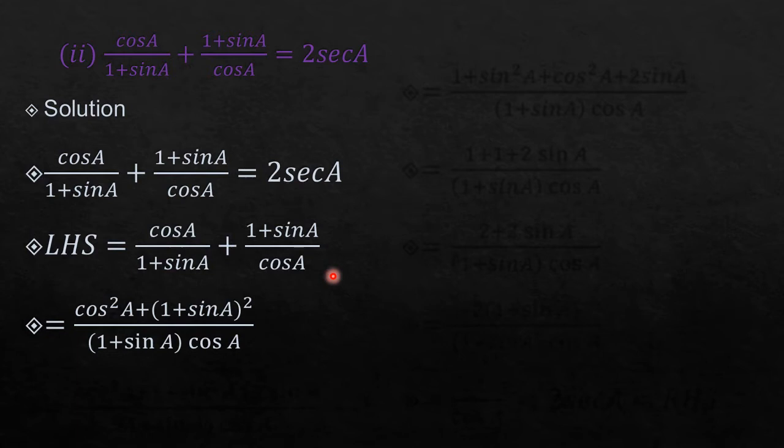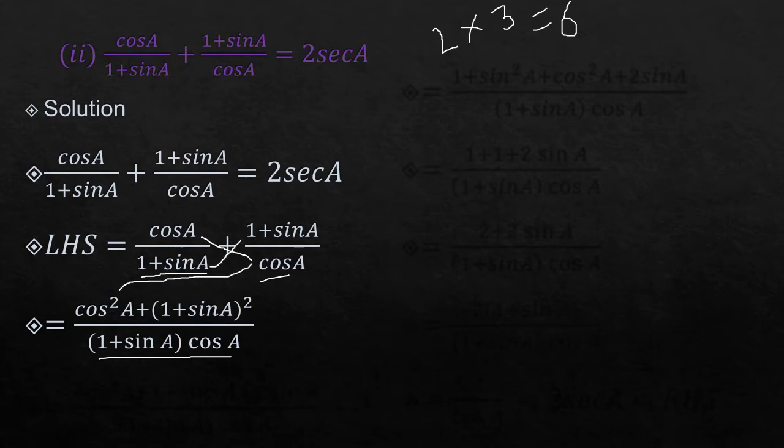Now what will you get here? The LCM is like when you took 2 and 3. Numbers which have nothing common, their LCM is simply multiplying them. So here also nothing is common, so the LCM is the multiplication of these two: 1 plus sin A into cos A. Here 1 plus sin A is there, so cos A is multiplied with cos A and you get cos square A. Similarly 1 plus sin A is multiplied with 1 plus sin A, so you get 1 plus sin A whole